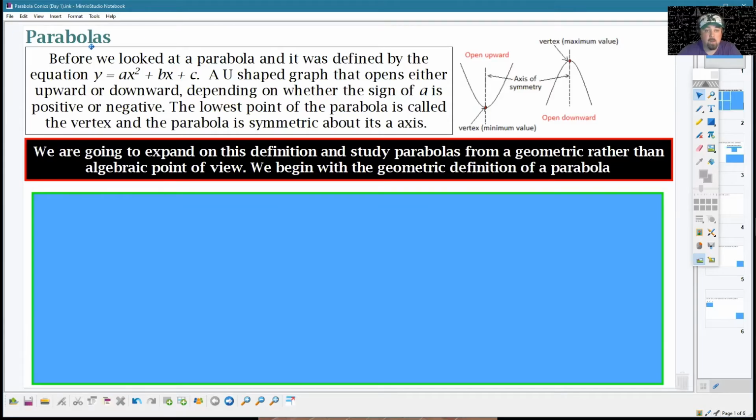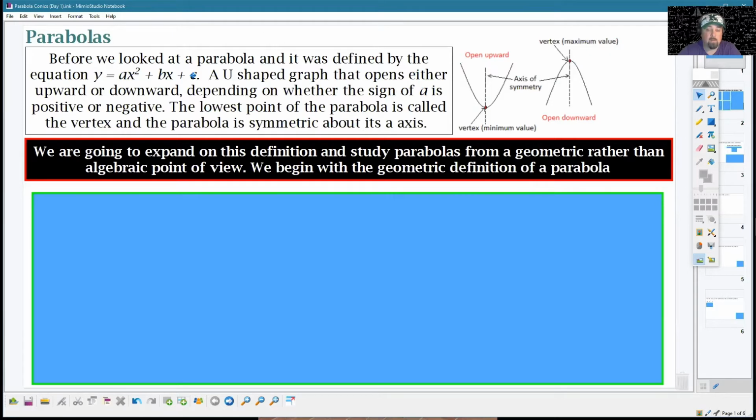Today we are going to talk about parabolas again. Parabolas are something that we have talked about a ton in your math studies so far. So parabolas, quadratics, it's a U-shaped graph. Before, we looked at parabolas defined by an equation ax squared plus bx plus c, and